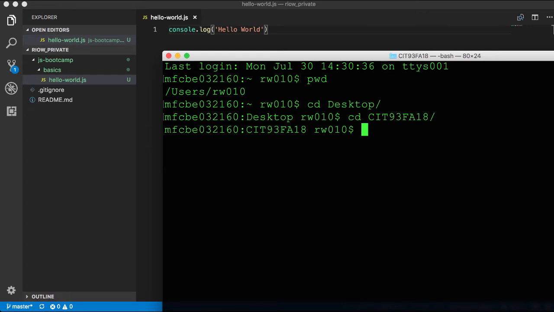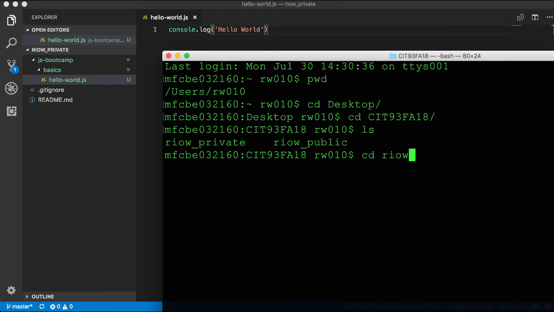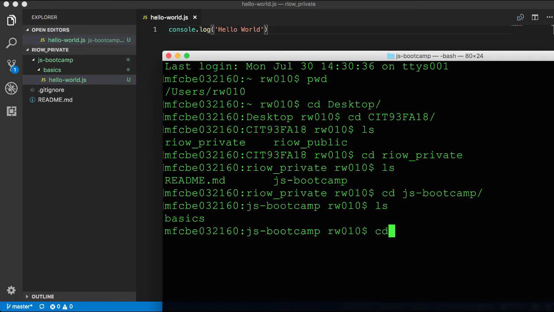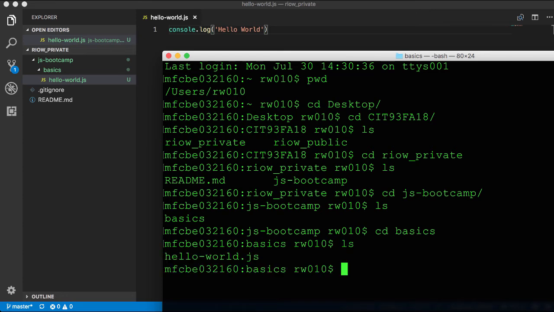CIT93. Yep, that's where it's at. And now I have those two directories, so I'm going to change into Rio_private, right, ls here, and then I'm going to change into JS Bootcamp. And now I'll see that subdirectory, and now I've got one more to do. Cool. So now I'm actually in